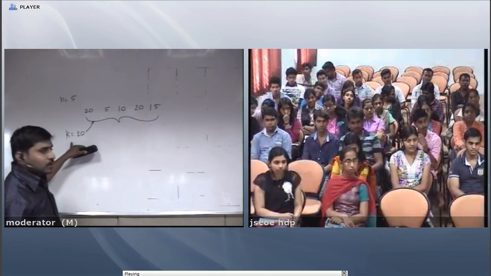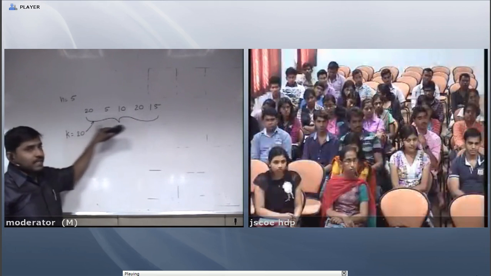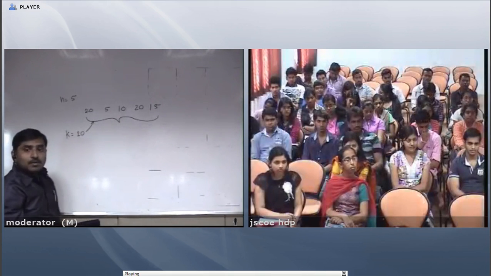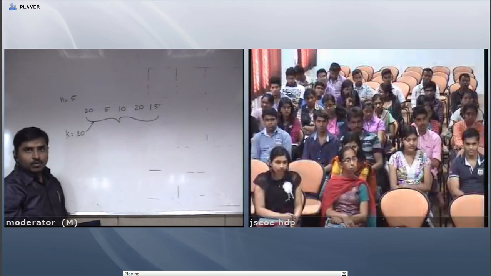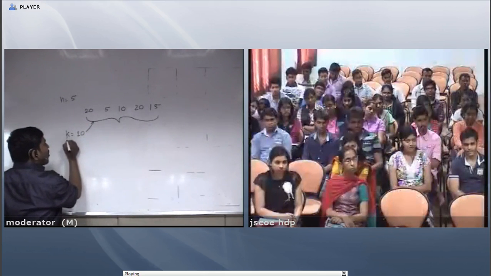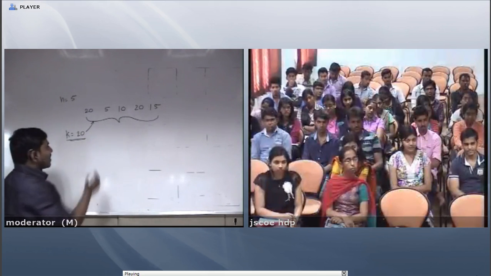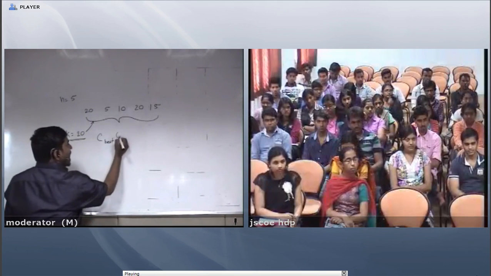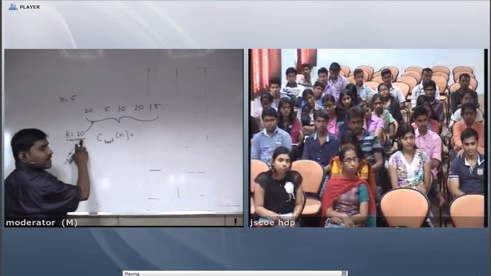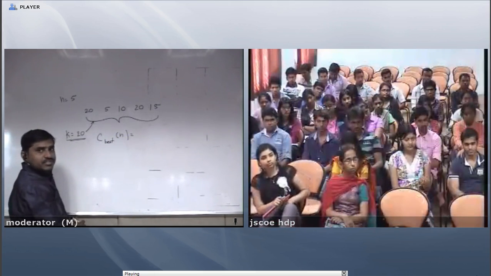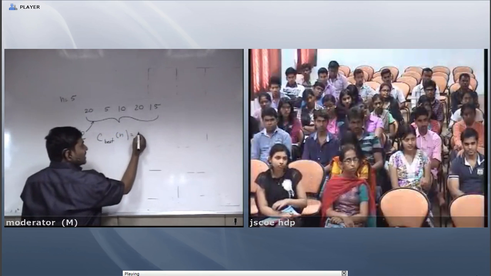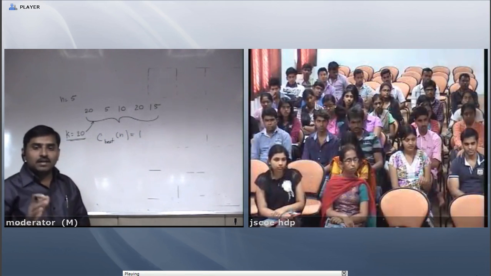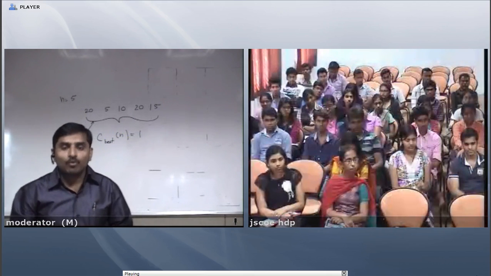We can see that if I search for this number in the given list, 20 is found at the first position. This is the best case for this element 20. If I calculate C best of n, the given number is 20, and it is found at the first position. So this is the best case efficiency, that is 1. At the first position the element will be found.